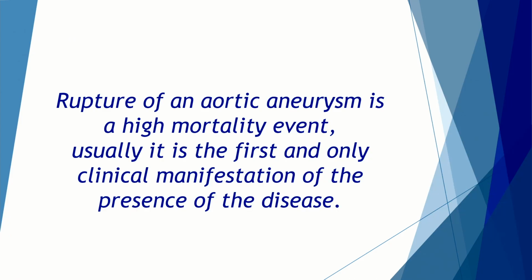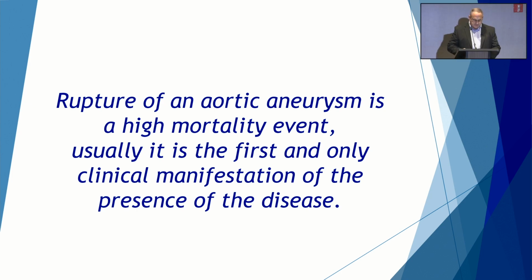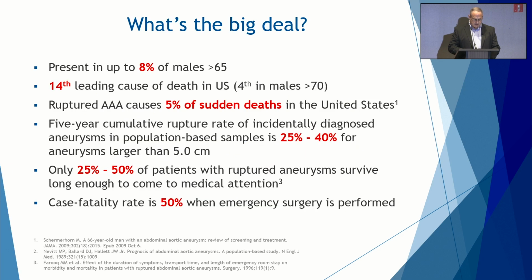So rupture of an aortic aneurysm is a very high mortality event, and usually it's the first and only clinical manifestation of the presence of the disease. So what's the big deal? Aortic aneurysms are present in about 8% of males that are older than 65. This is the 14th leading cause of death in the United States, and ruptured AAAs cause 5% of sudden deaths